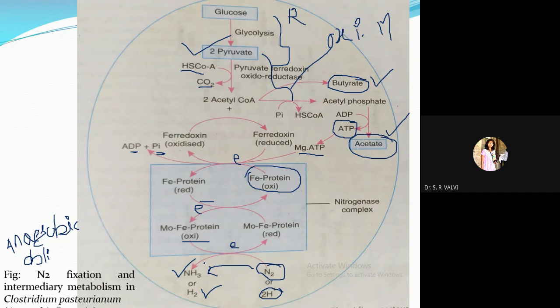So that ammonia should be converted into its usable form, and then it remains within the plant or in the animal body. So this is the N2 fixation in whom? This is in bacteria, right? Which bacteria? This is the anaerobic obligate bacteria, Clostridium pasteurianum. So this is the cycle I have shown you.